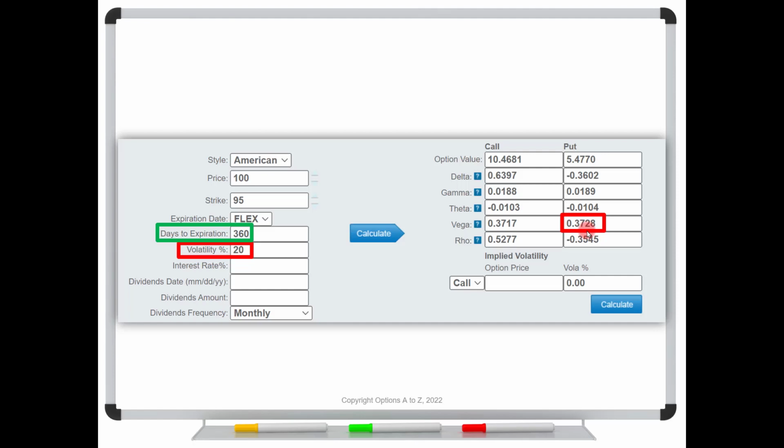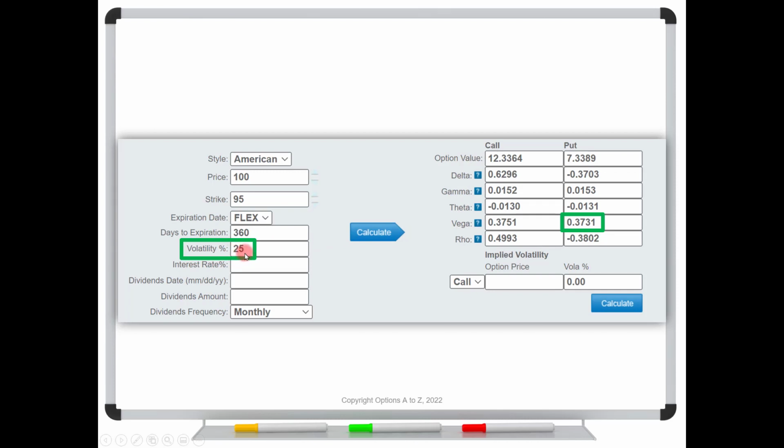But what about the acceleration? That's what Vomma is going to show us. So take a look. If I now increase volatility by 5 ticks from 20 to 25, 0.3731, it increased by 0.08%. That's 8/100ths of 1%. It barely budged. So this is why you have to be careful when you hear traders saying, oh, the longer